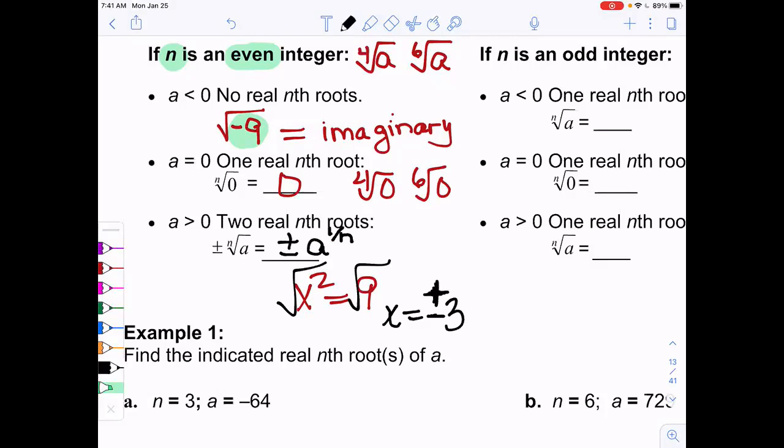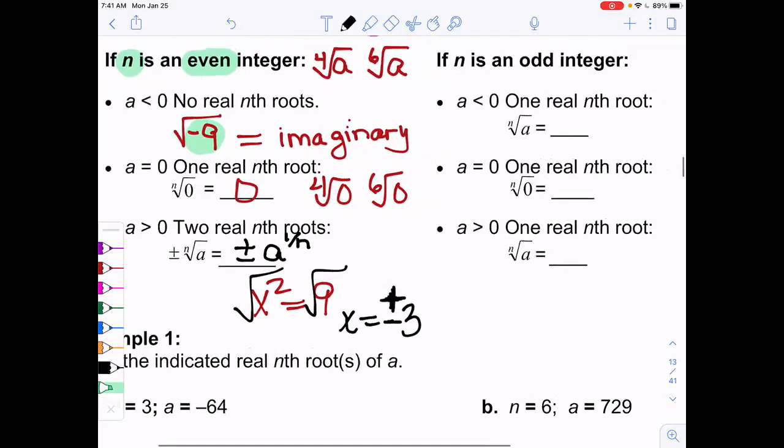That's the biggest thing I need you to think about. So think about x squared equaling 9. When I take the square root, 3 and 3 make 9, but negative 3 and negative 3 also make 9. And that works with any even root, because you're multiplying pairs together, and that's how you get positive values. All right, so if we look at the other side,